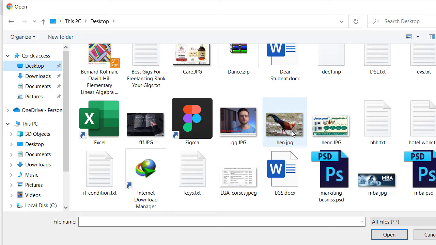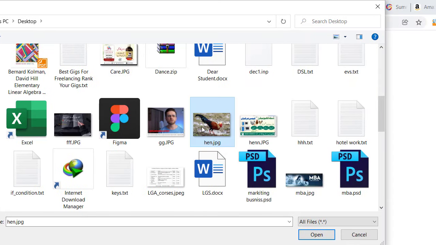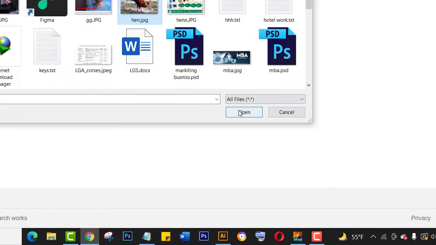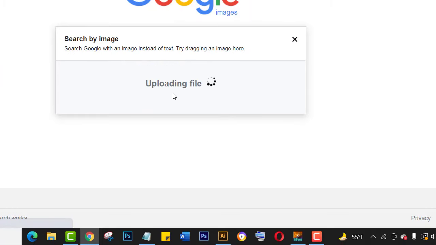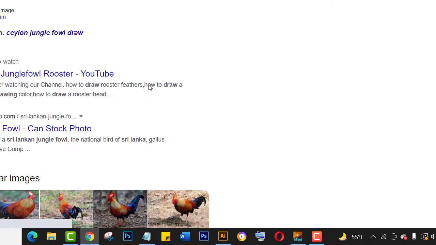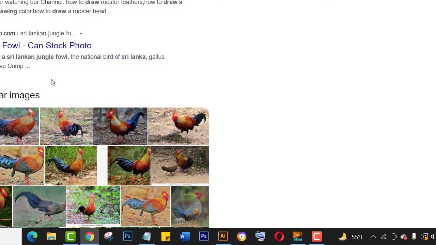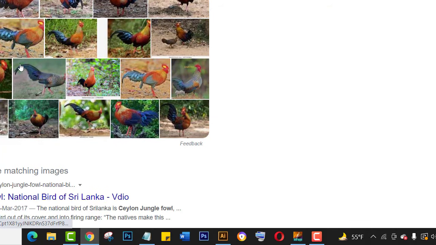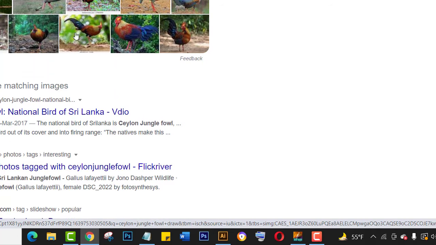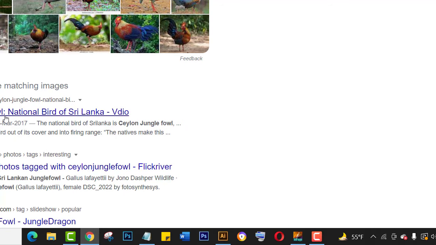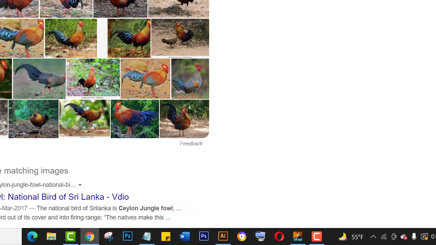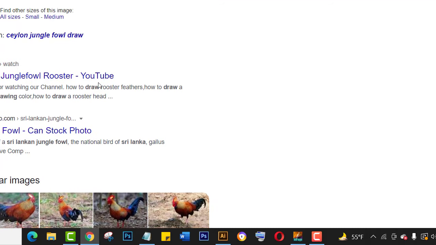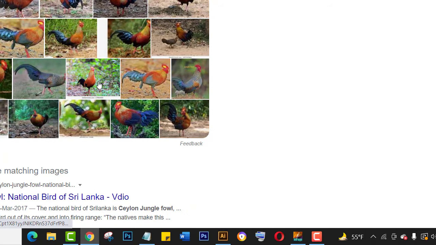For example, this is a bird. Even I don't know its name, what type of bird it is. I click open, upload file, and here I came to know the collected similar images from all networks, and it also displays about the bird, what this bird is, what its name is, and then you easily download related pictures by image search.